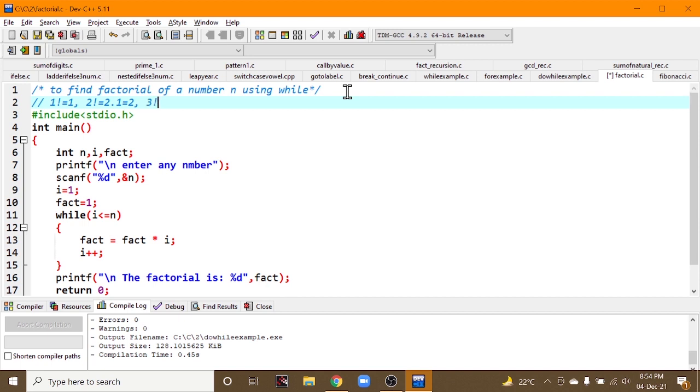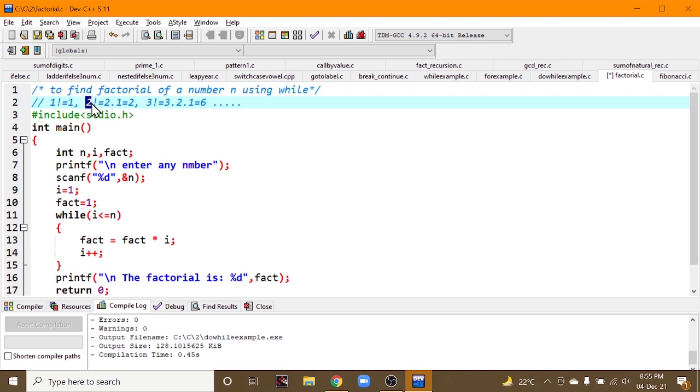Similarly 3 factorial is 3 into 2 into 1, which is 6. The factorial of a number n is n into n minus 1 into n minus 2, and so on, till 0 comes, which must be neglected.